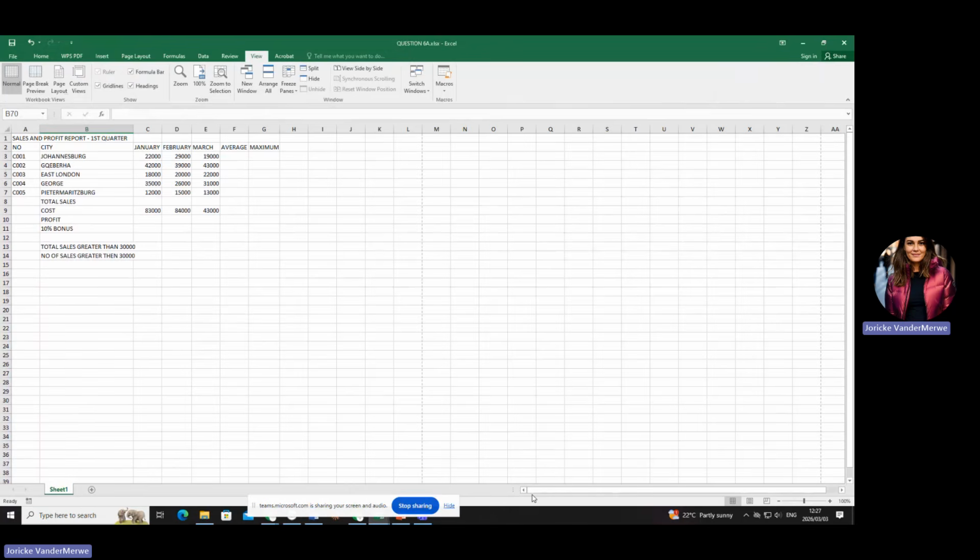Then number 3 is asking you to edit the spreadsheet according to the instructions below. And then you will also look at your page 13 that you have on the question paper. Okay, let's quickly have a look. It says you must insert horizontal and vertical lines, or sometimes they call it borders, exactly as shown in the method that you are familiar with. Now, I don't think you're familiar with any method because this was not part of A4. Okay, so let me quickly show you how I like to do it.